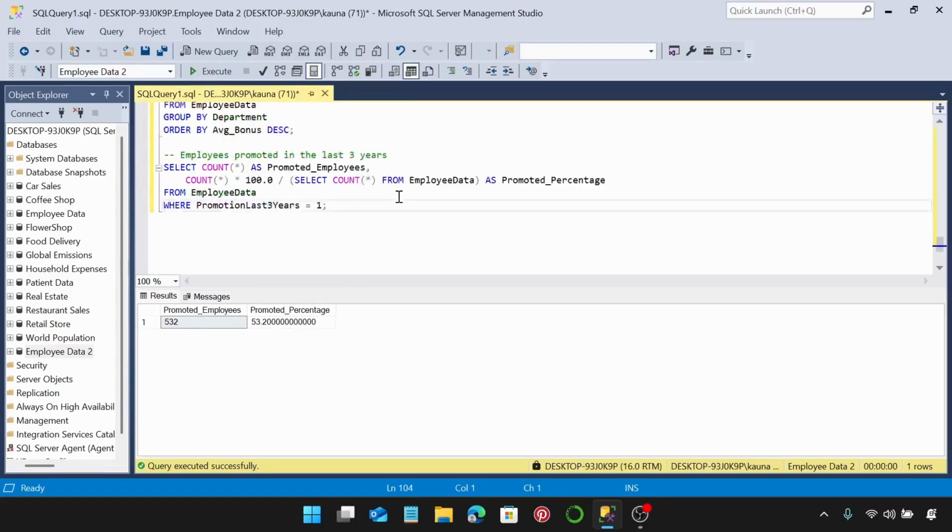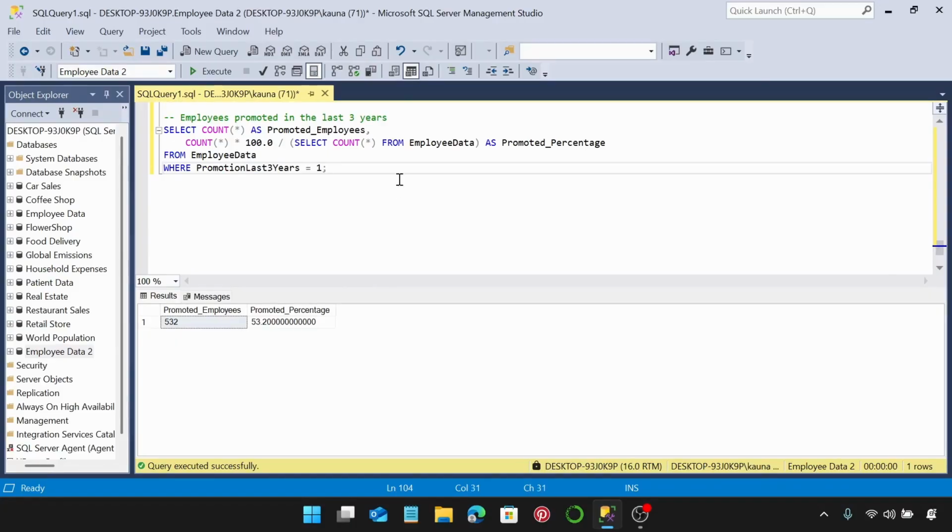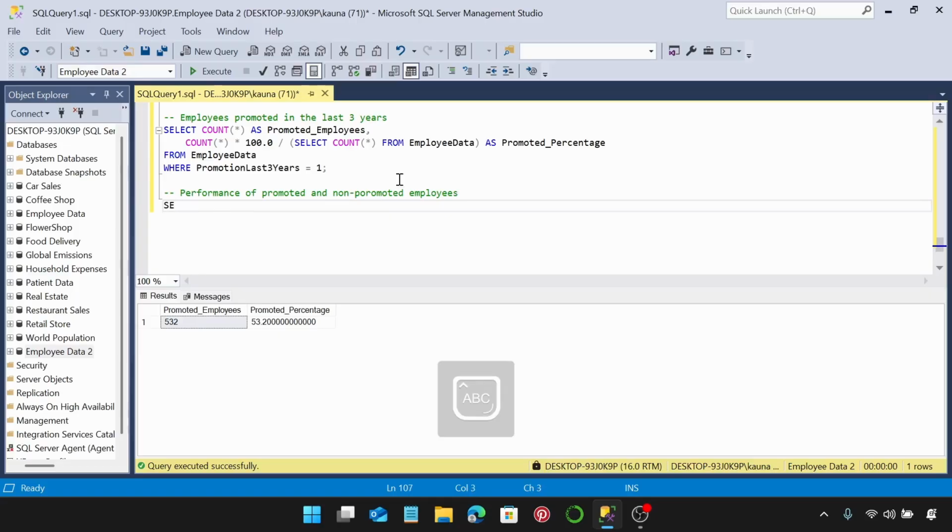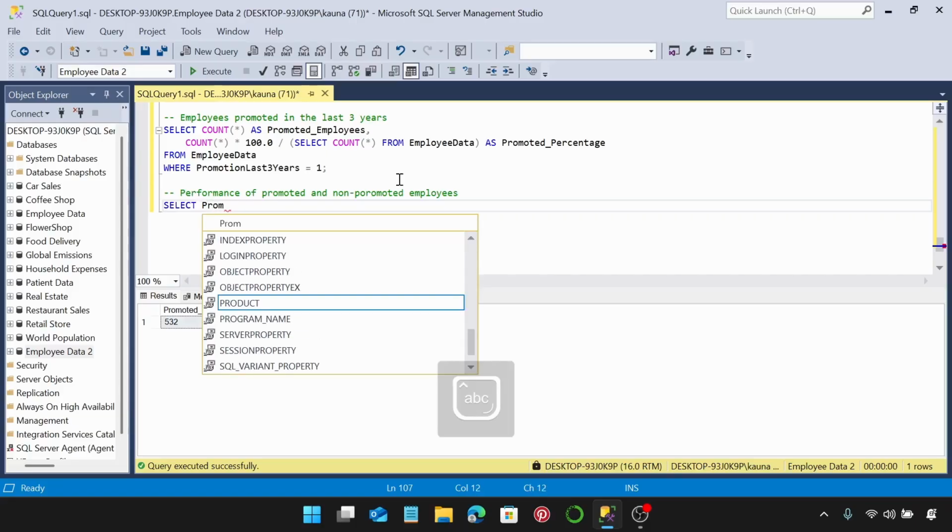Next, let's compare the performance of those promoted in the last 3 years, those promoted and those not promoted, employees not promoted. So I'm going to say performance of promoted and non-promoted employees. So I'm going to select the promotion last 3 years column,